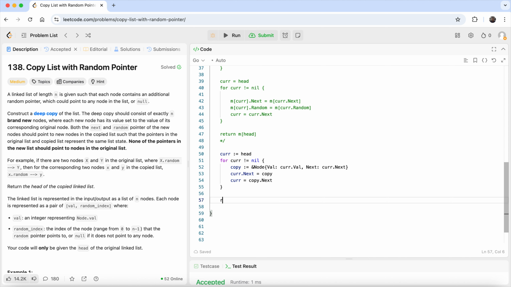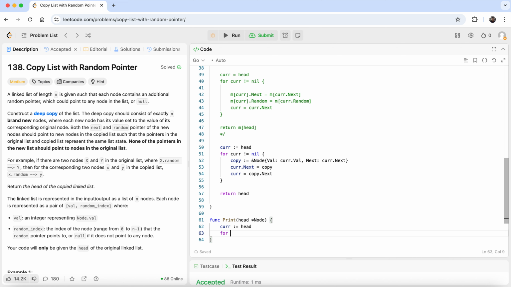I know this is wrong, but let's create a function print, and I can just say head, and this is node, for current head, and I can just say for current not equal to nil,